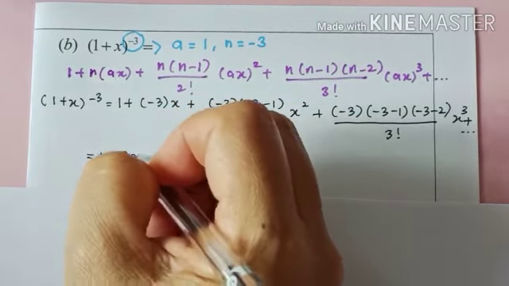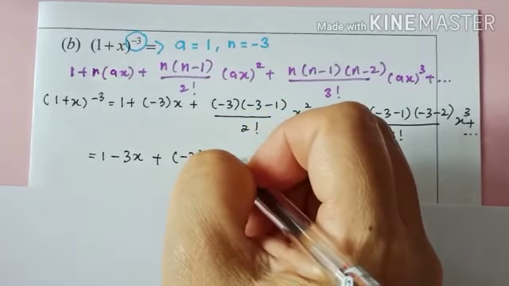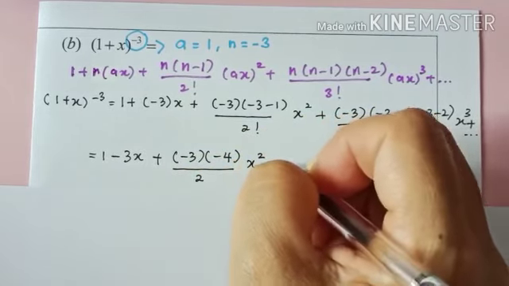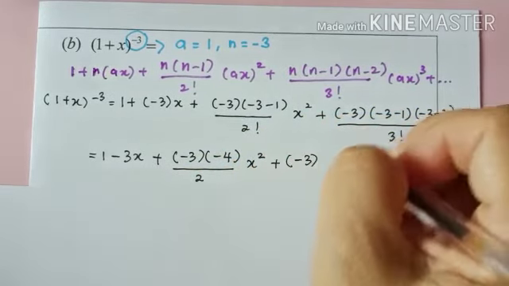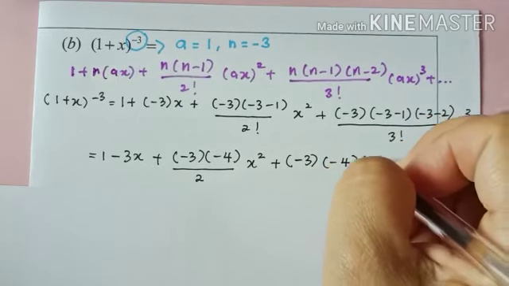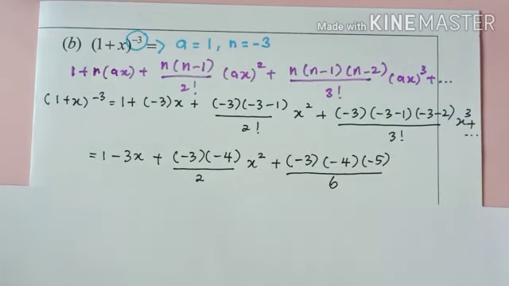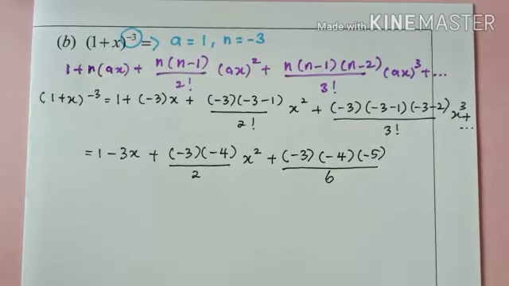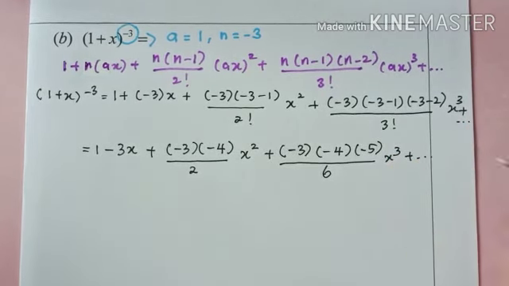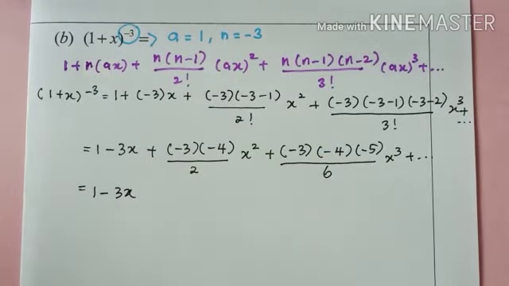1 minus 3x plus, this is negative 3, negative 4, 2 factorial is equal to 2, x squared plus negative 3 minus 1, negative 4, negative 3 minus negative 2 is negative 5. 3 factorial is equal to 6, x cubed plus dot dot dot. 1 minus 3x, then